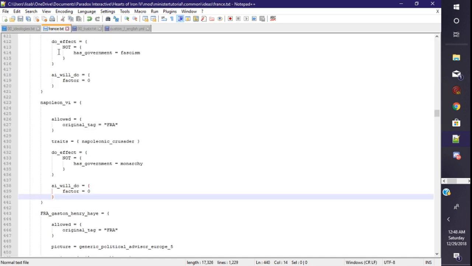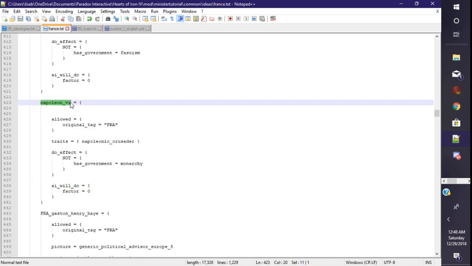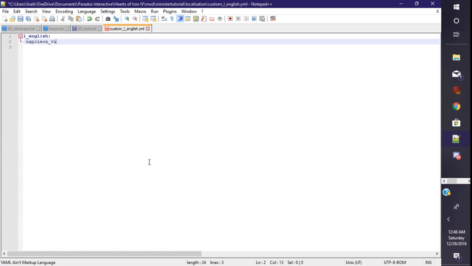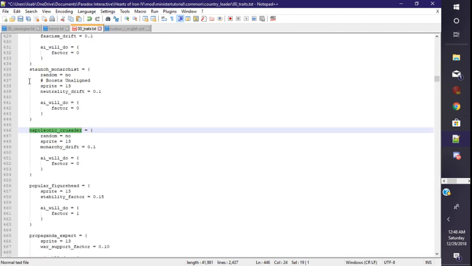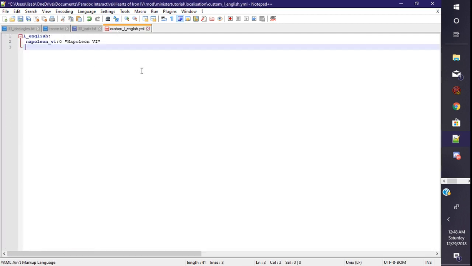So we're gonna copy this. Gonna copy your ID, put it here, :0, quotation mark, and just put what you want it to be called in the game. You can have a description as well, but you don't need one. We're gonna copy our ID here. This can also, I think, have a description, because I think a fascist demagogue can have one too. So this is gonna be Napoleonic Crusader,